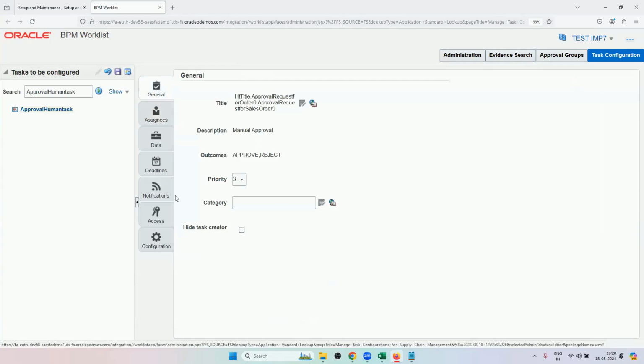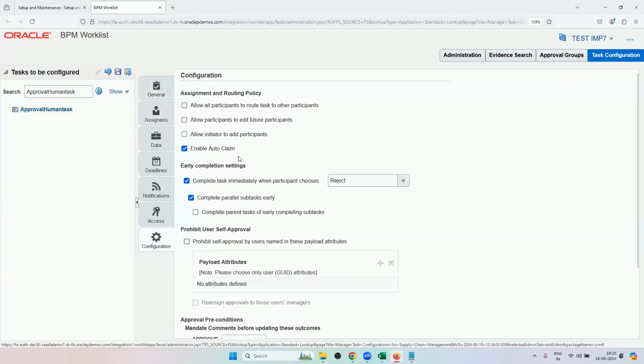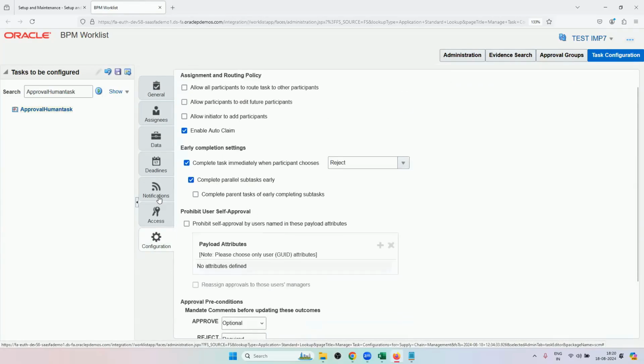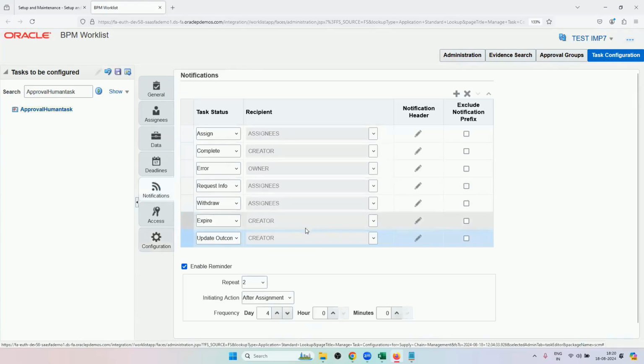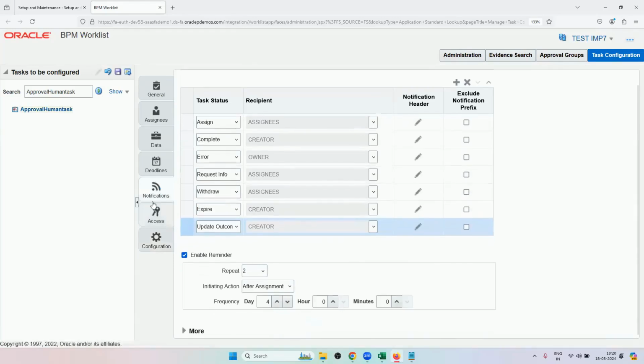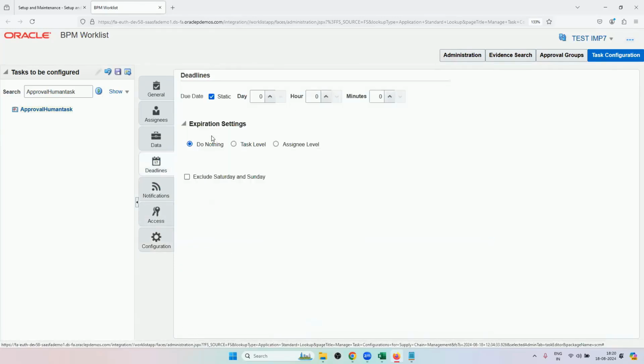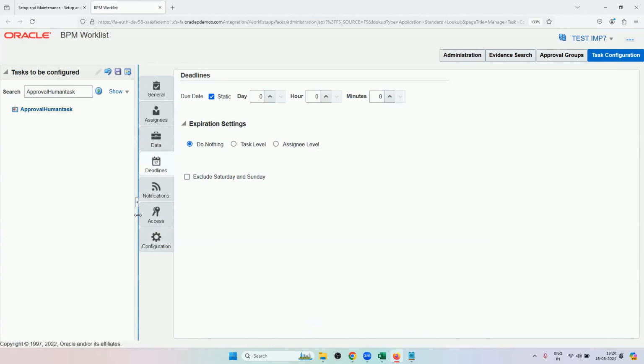Then general also, you don't do anything. So these are the basic main tabs in configuration, in which I've explained these options. You have notifications wherein you can configure more notifications, reminders. You have deadlines, which you can set the escalation policies, expiration policy, and all that. So these are the things which you can make use of in your approvers, apart from the approval rules that